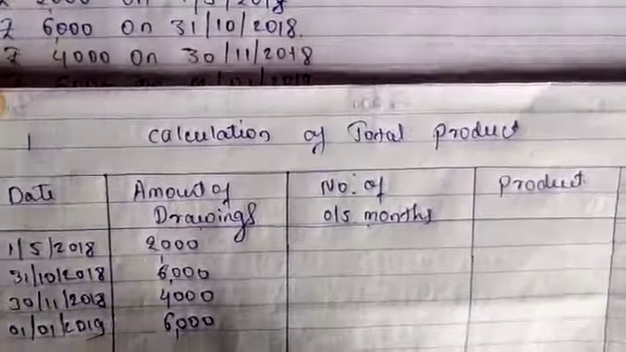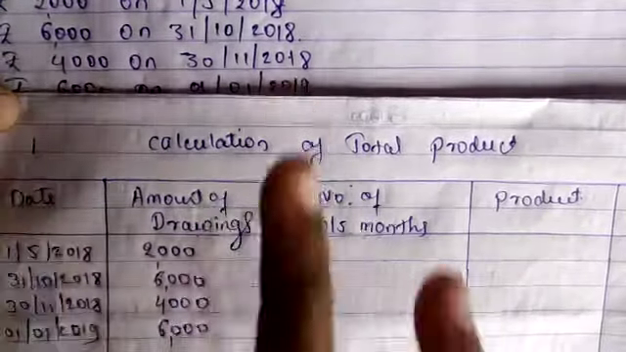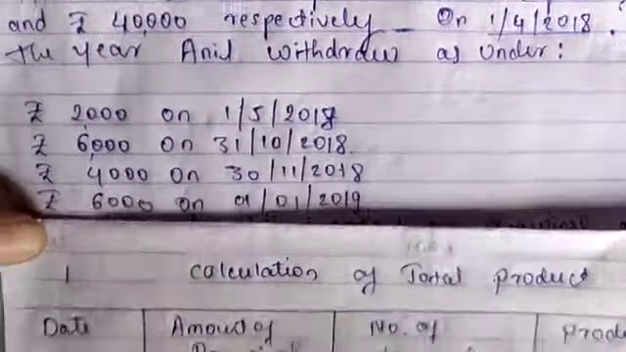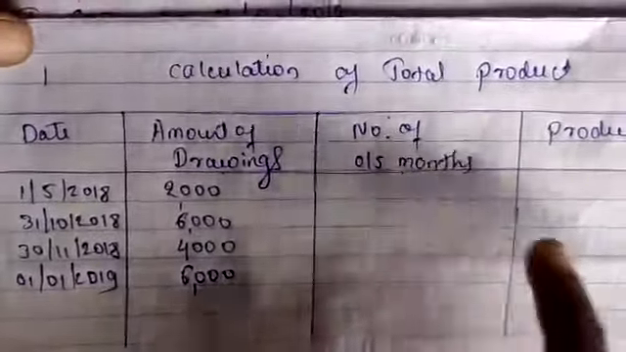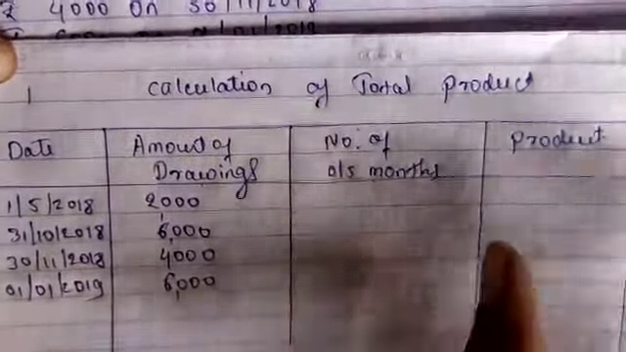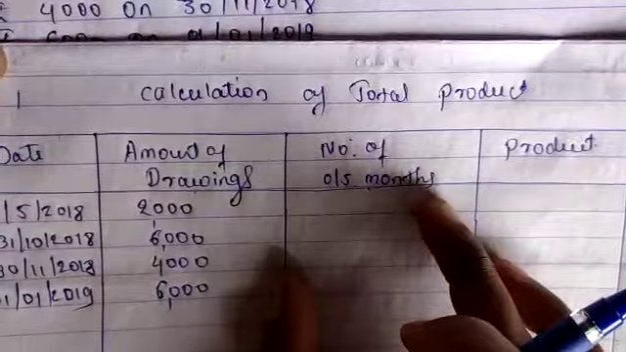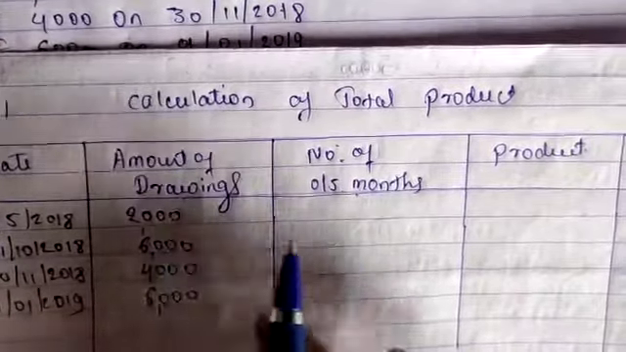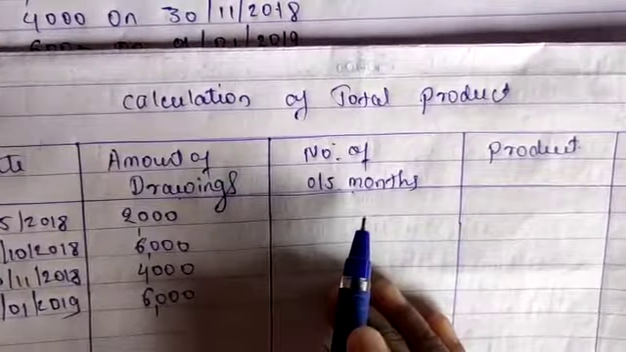So now this is information given in the problem only. These information, outstanding months and product, they may not be given. You have to calculate this here. How do you have to calculate? So in the meaning only they told that number of outstanding months means